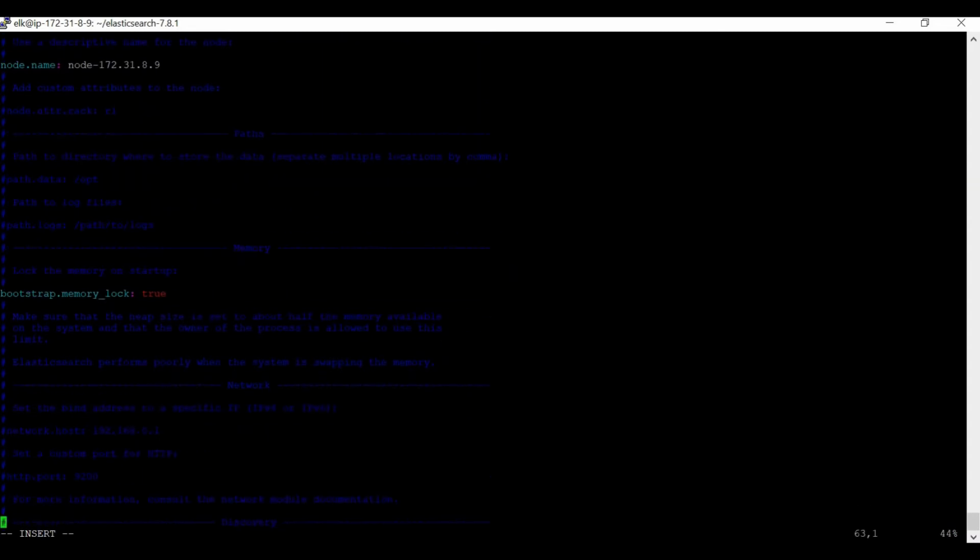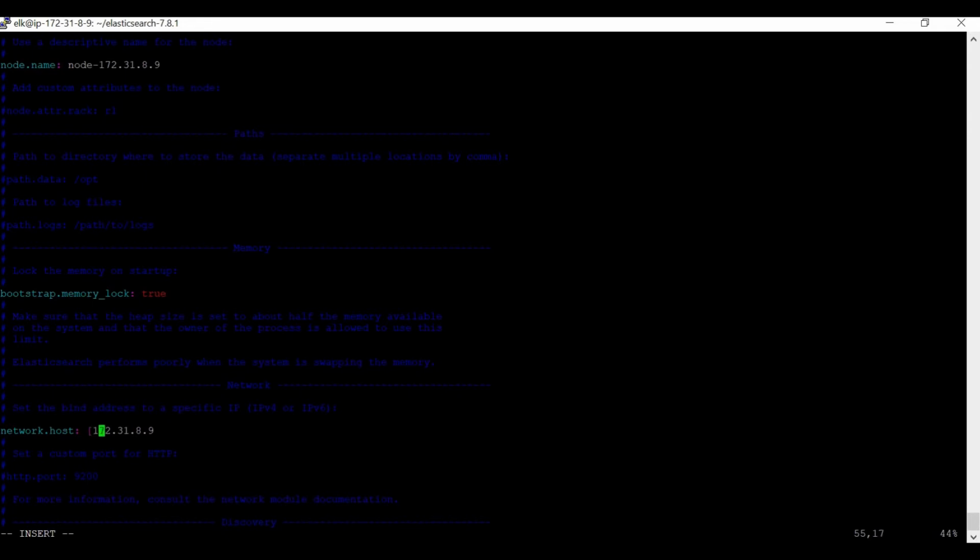Next comes network. Here you can mention your particular IP. I'll give my node IP over here. This value changes when you are using AWS or GCE. In one of my next slides, I'll be showing this difference, like how it changes and what necessary configurations need to be placed if you are using an AWS or GCE environment.